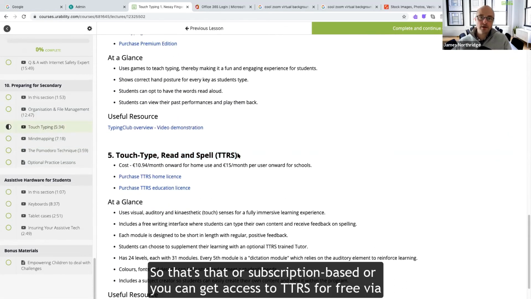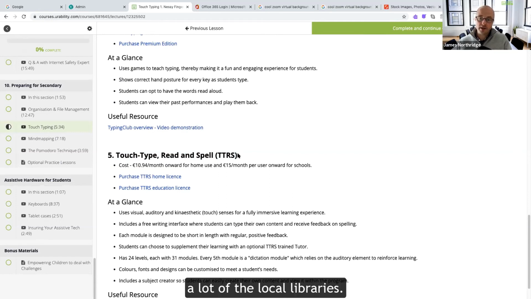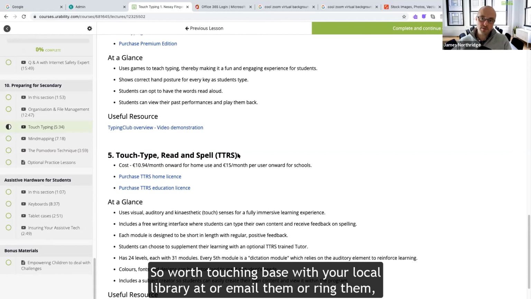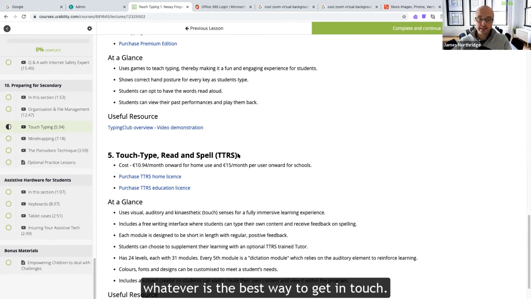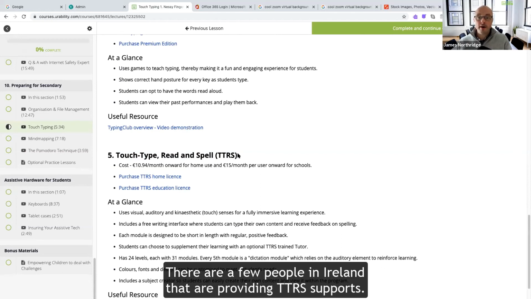So that's either subscription based, or you can get access to TTRS for free via a lot of the local libraries. So worth touching base with your local library, either email them or ring them, whatever is the best way to get in touch. There are a few people in Ireland that are